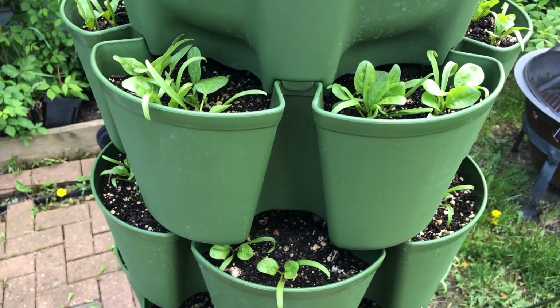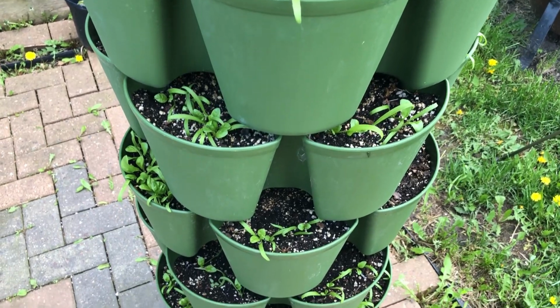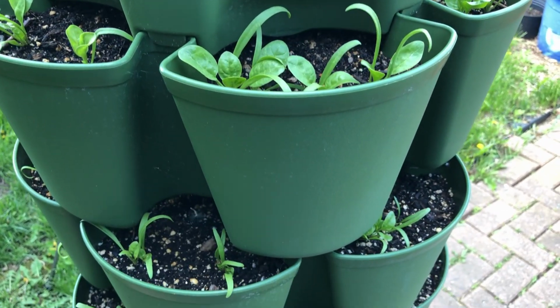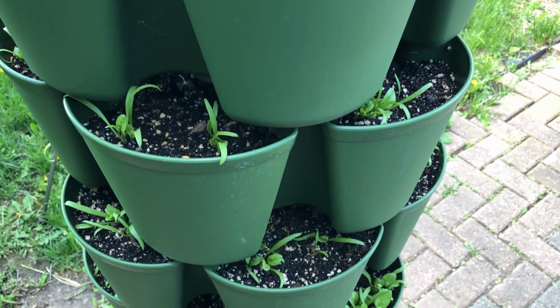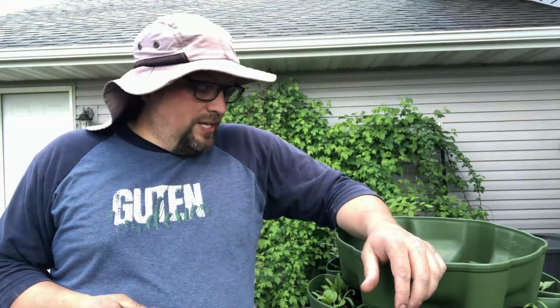But we're going to start our short tour with this GreenStalk that's filled with green spinach. Now, one of the first things we planted out here this season was our spinach. That's an early crop that can handle a little bit of a frost, and this GreenStalk has done quite nicely so far. You can see just about every single one of our pockets has had some good germination, and you're seeing multiple. Probably have to thin it out a little bit, we'll see, but we've got some nice leaves already